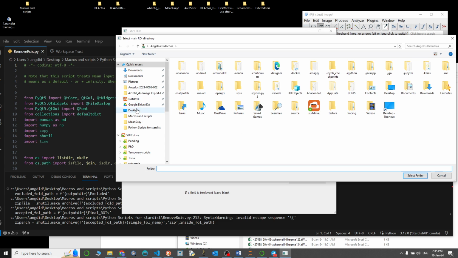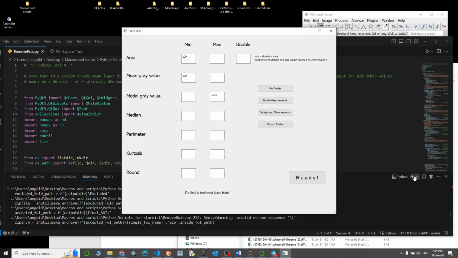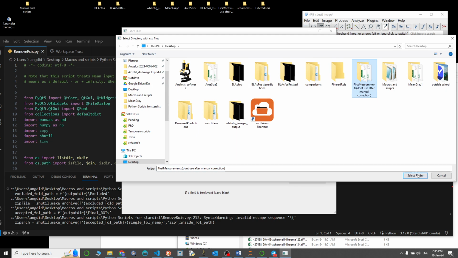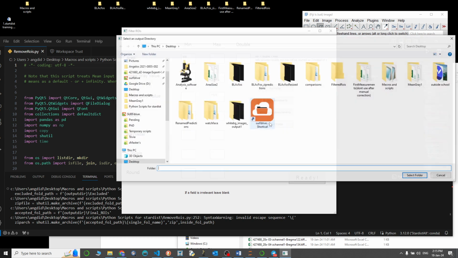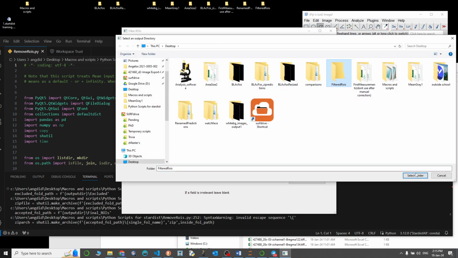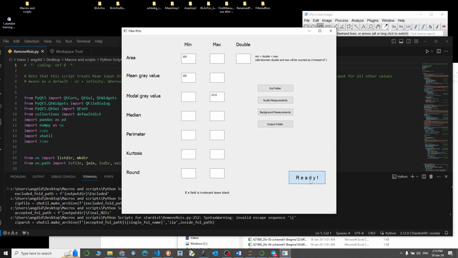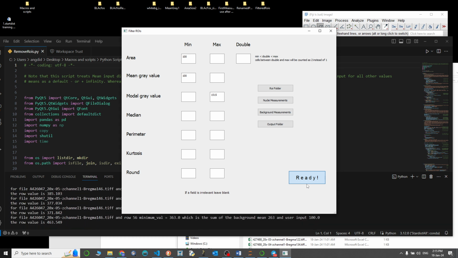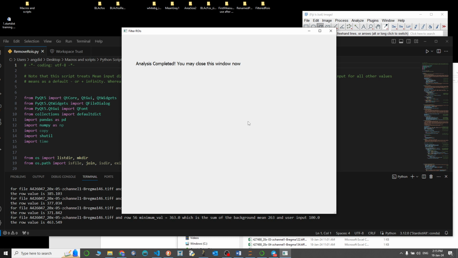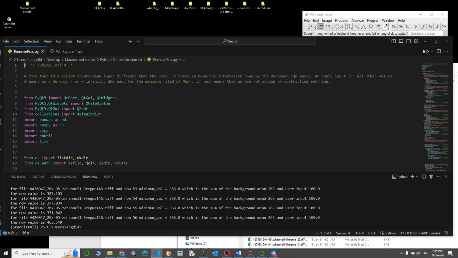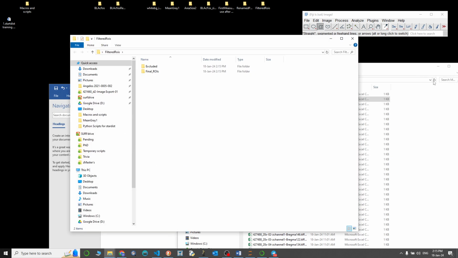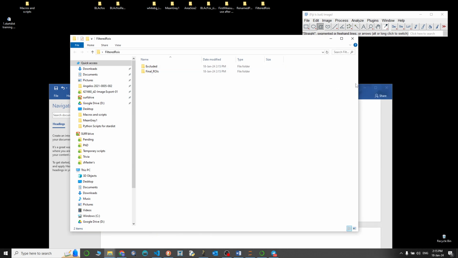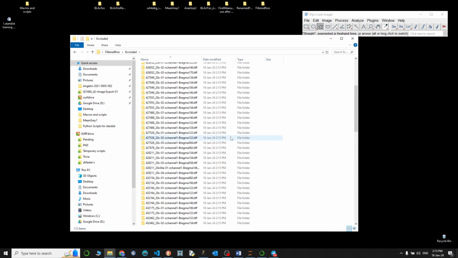1515, right folder, desktop rename predictions, nuclei measurement first measurements, and background measurements, mean gray 1, and output folder, filtered rows. And now I'm pressing ready. And if everything goes well, you will get this message saying that your analysis is complete and that you can close this window. So what's happened now is that we have newly created and filtered regions of interest, and you